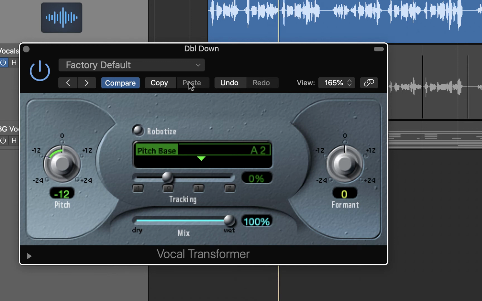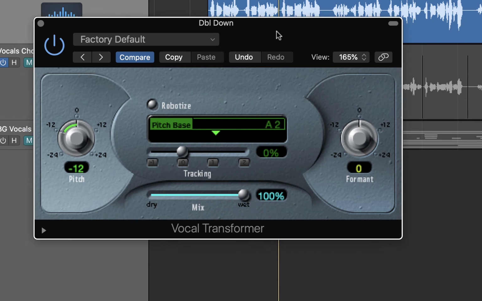Now, I find that the vocal transformer tends to be much harsher sounding. But what's nice about the vocal transformer is we also have a formant control. So if I pull this down,